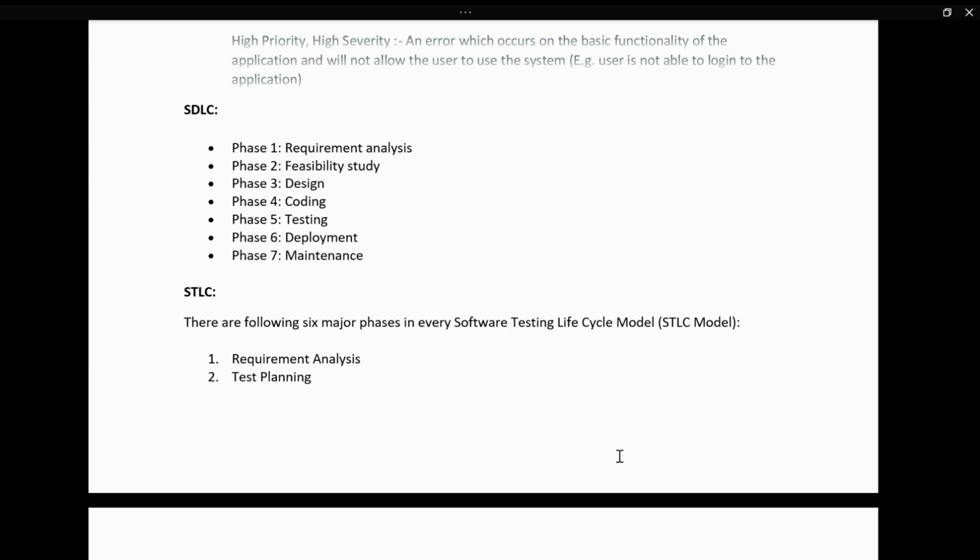Once the feasibility is analyzed, the designing team starts working on Figma and designing for that, then the coding team starts thinking through the logic and implements it. Once the requirement is developed, it comes to the testing team, then the testing team starts